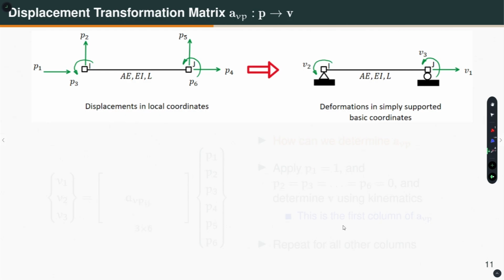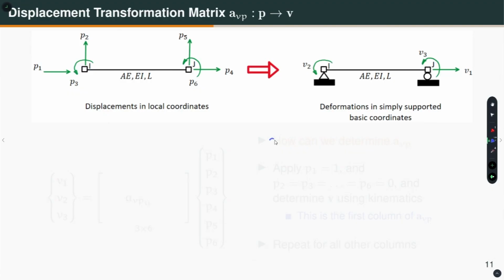Okay. Now, let us talk about the displacement transformation. So, for displacement transformation, we will go from the local coordinate P to the deformation coordinate V. Why is it the other way around? Because let us recall, in a finite element analysis or in a computer analysis of a structure, what do we do? We first calculate the displacement at the structure level, and that is my R, right. And then from this R we get the Q, the displacement in the global coordinates for one element, and then from this Q we get the displacement in the local coordinate little p, and from this P I need the deformation